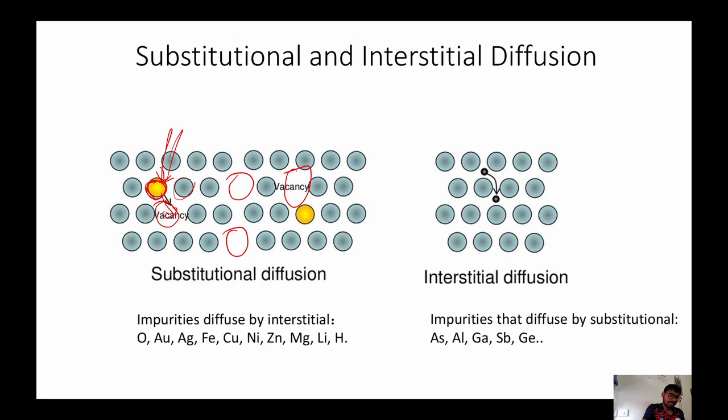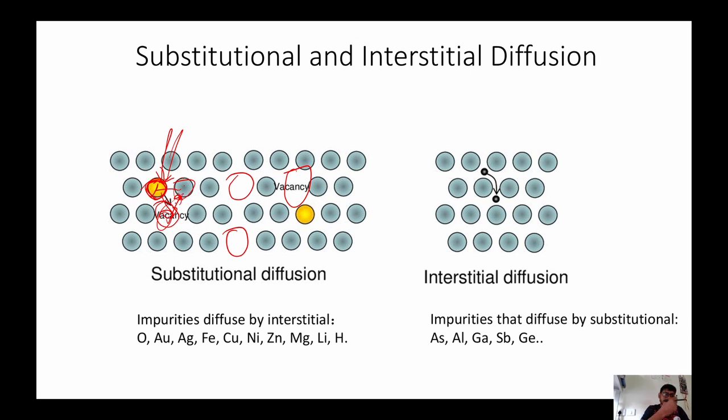So let us say this atom may move to this position, and the impurity atom will take the position of the vacancy. Okay, so this is how the impurity atom moves